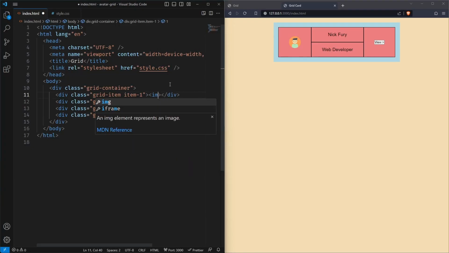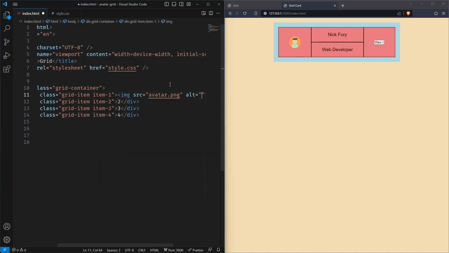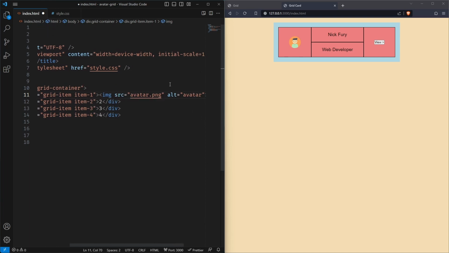Open up the image tab. Let me do it like this. So the source is avatar, and we can give it a source. Second, where I can write a paragraph and the name, another paragraph for the designation,